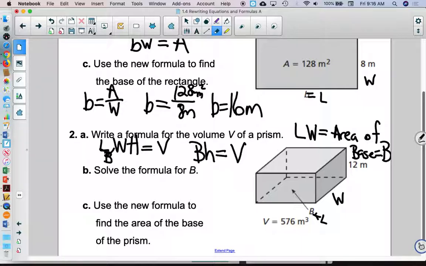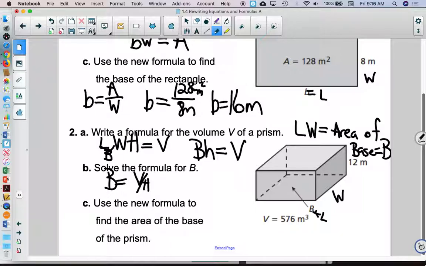I want the B by itself, so which one do I divide by? H. Good. So B equals V divided by H. Do you agree? That's the literal expression for the base, to find the measurement of the base. Okay? Use the new formula to find the area of the base. Using that formula,